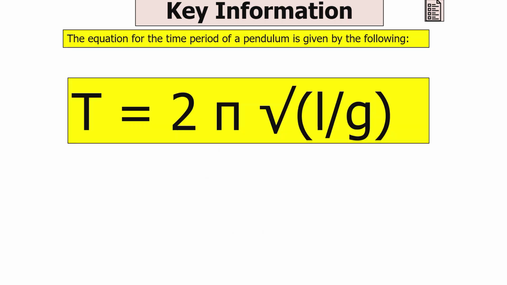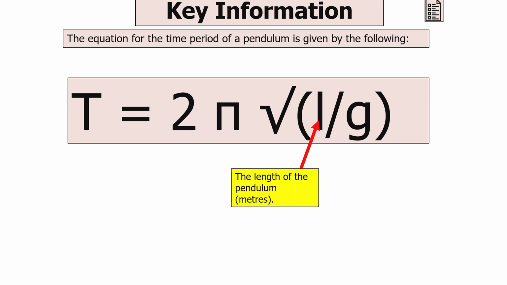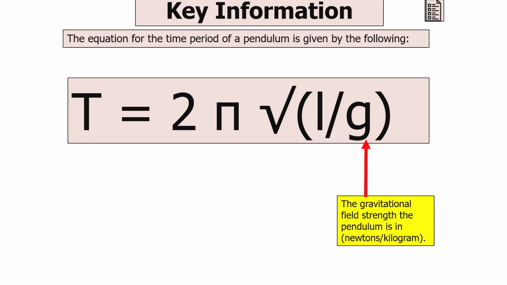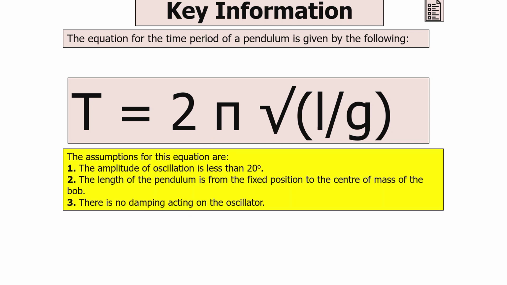So our time period for a pendulum is T is equal to 2 pi times the square root of L over g, where T is the time period for one oscillation of the pendulum, L is the length of the pendulum in meters, g is our gravitational field strength in newtons per kilogram, and 2 pi is a constant. Now the assumptions for this equation are that the amplitude of oscillation is less than 20 degrees,